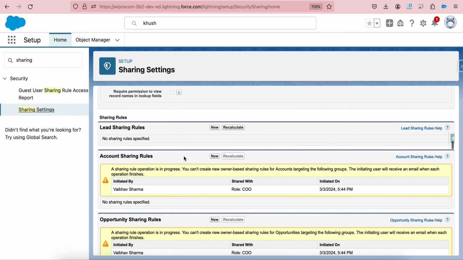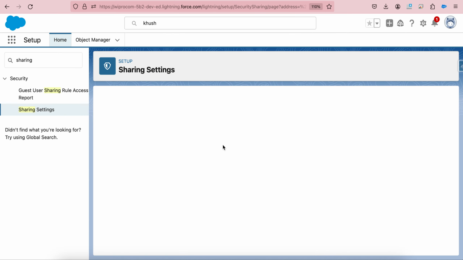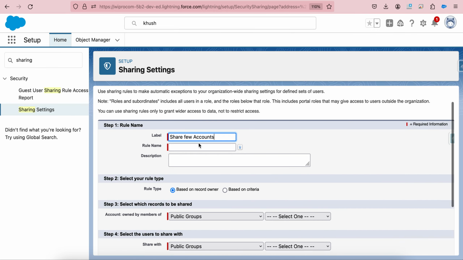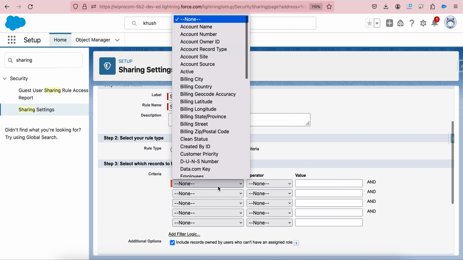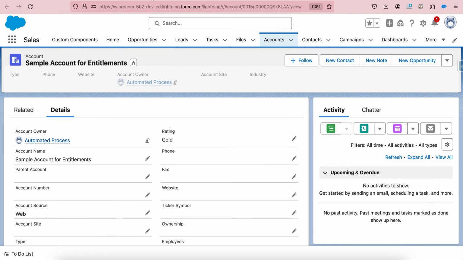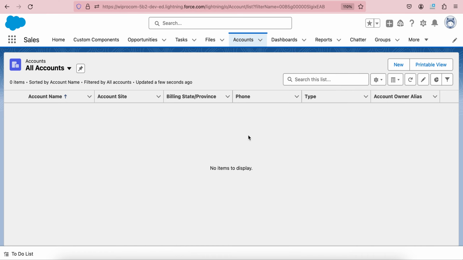Let's create one. It is taking some time. Let's create one more rule. Share few accounts again. Let's select based on the criteria, and this time I will be selecting what I need to select. Let's see, rating should be gold, or let's say customer priority and SLA. Okay, based on the customer priority and SLA,